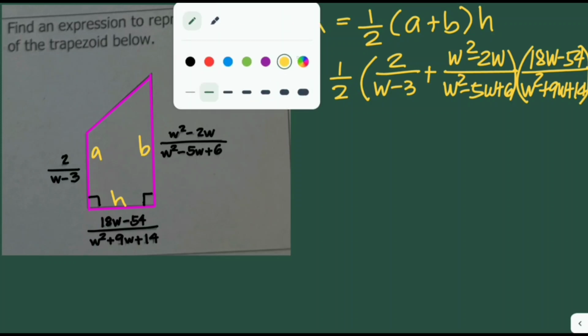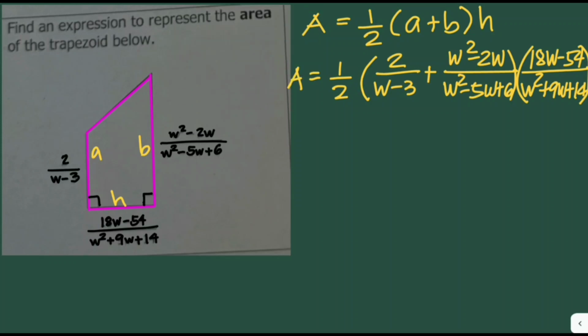Alright. Then we can simplify this one as well as this one. And that would be area equals 1/2 times 2 over